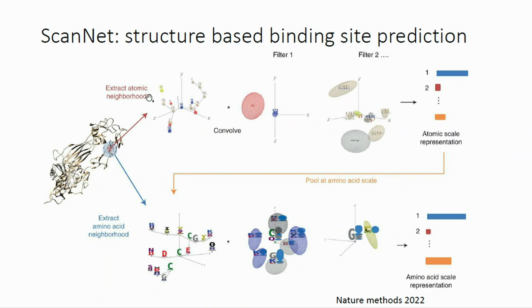So you can see a lot of the graph neural network models for protein-protein interactions try to zoom into an atom level to some degree. But also the amino acid level information is important. And so what this ScanNet does is it first uses a graph convolution neural network at the atom level to aggregate the atom level representations, and then applies another pooling to convert them into amino acid level information, and then does a second graph neural network message passing on the amino acid level graphs. And the final outcome is the amino acid-wise prediction of whether it's a binding site or not.